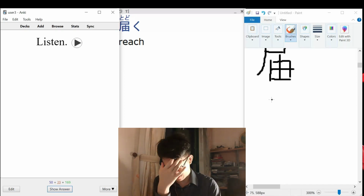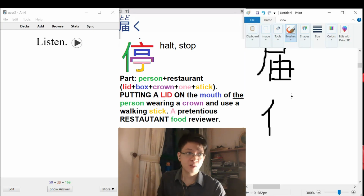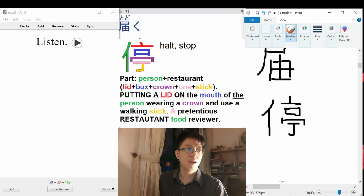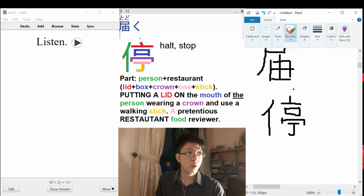And we have a person. Yeah. And then, oh okay, this one is very fun. Okay, I will break it down slowly. We have a lid and a box, then a crown, and then a number 1, and then a stick, right? That is the part. This one here